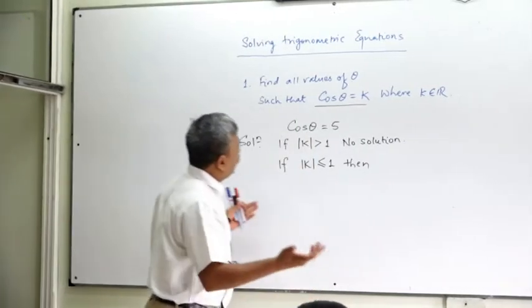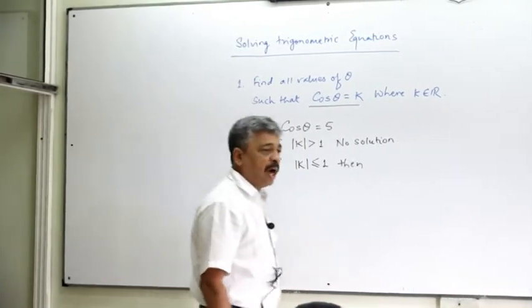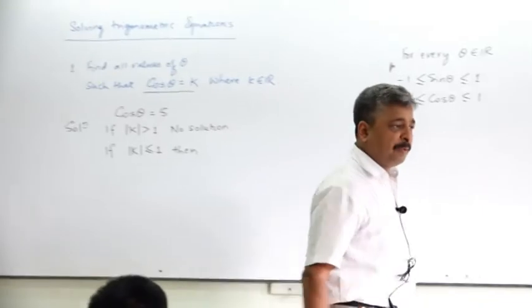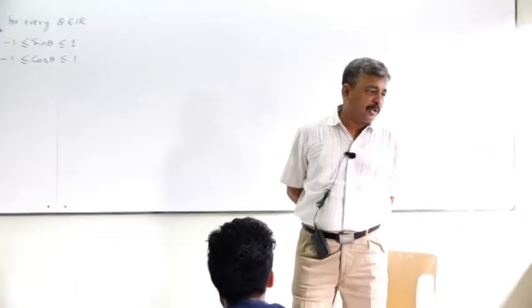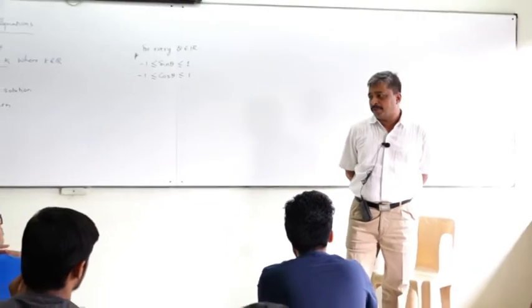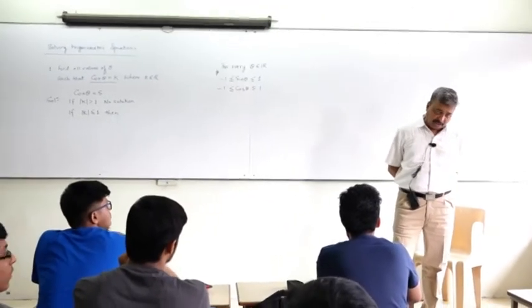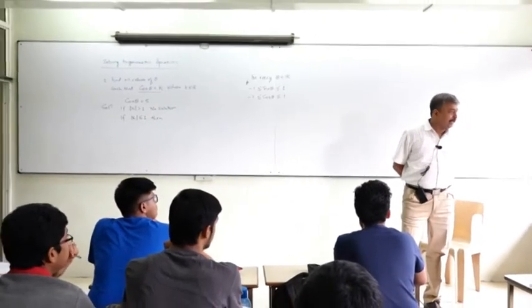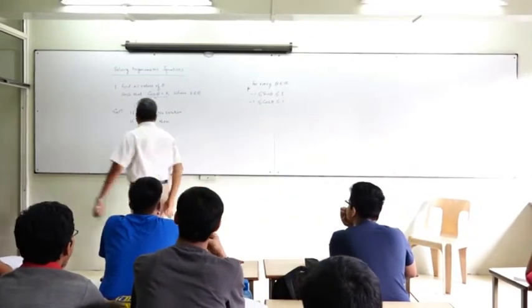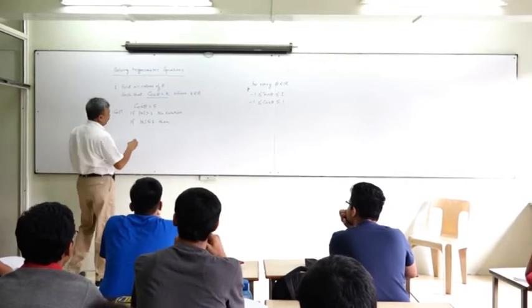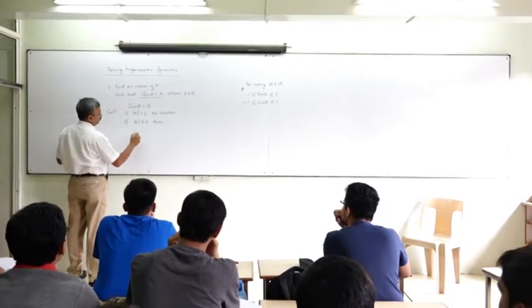Okay. So say for example, if I give you cos theta is equal to half, then we should be able to write down all possible values of theta which will give us cos theta equal to half. That is what solving a trigonometric equation is. Solving a trigonometric equation is finding different values of theta which will satisfy the given equation. So maybe let us first solve cos theta is equal to half.